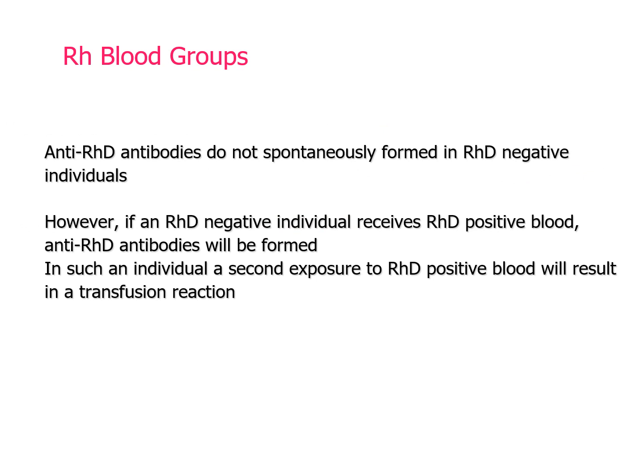The antibodies against Rh big D antigen are not spontaneously formed in an Rh negative person. Rh negative people have to be first exposed to the big D foreign or non-self antigen before they start to produce any significant quantities of antibody against it. And once that happens, after they've been exposed or immunized, then on second exposure, there would be a transfusion reaction, and the antibody they had formed would bind onto the cells,